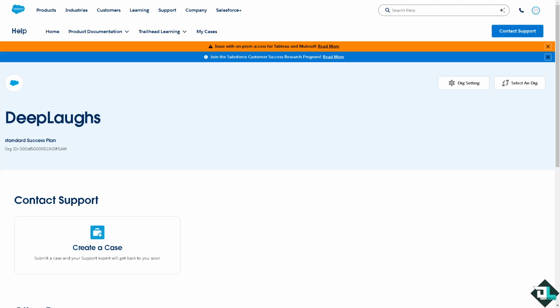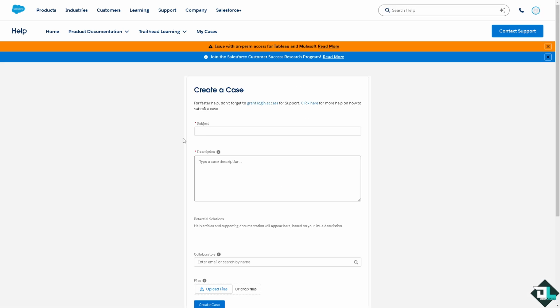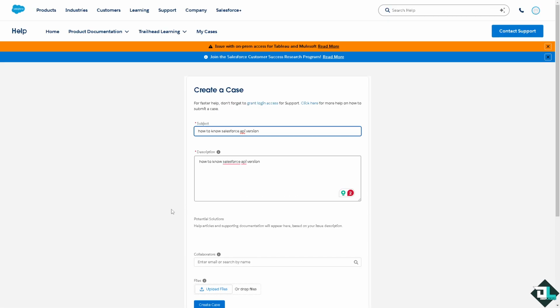Wait for it. And from here, all I have to do is click on the Create a Case. You would be forwarded to a new window. And all I have to do is type your subject here, description, and enter the email or search by name. You can also upload a file, and one of the support staff will give you insights and troubleshooting steps on how to get your Salesforce API version, which is crucial for effective integration, development testing, and